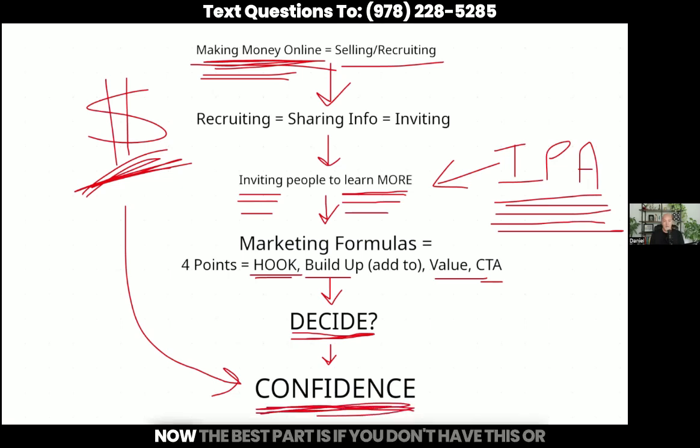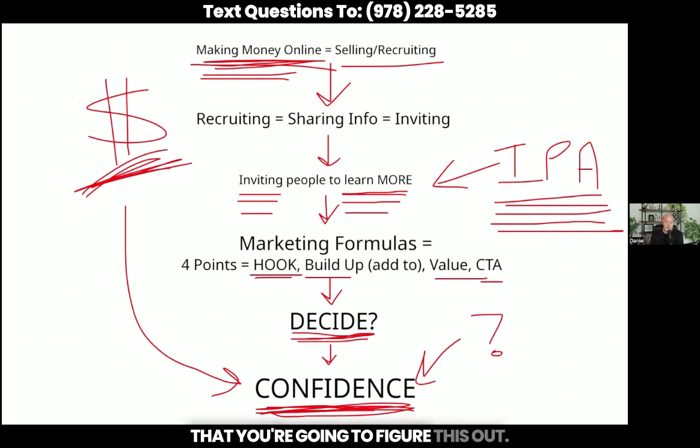Now, the best part is, if you don't have this, or that is waning or leaning away from deciding that you're going to do this, deciding that you're going to figure this out, the best news that I can give you is, you can fix this. You can increase your confidence. You can increase your skill sets. You can increase your learning. You can increase your awareness. You can increase all the areas of your life. You can fix what's broken. You have the ability. You have the capability. You just have to decide if you want to do it or not.